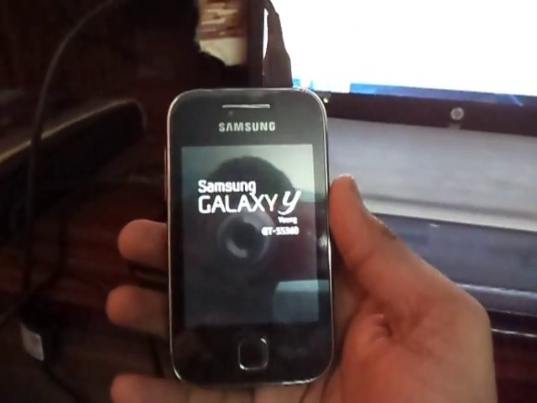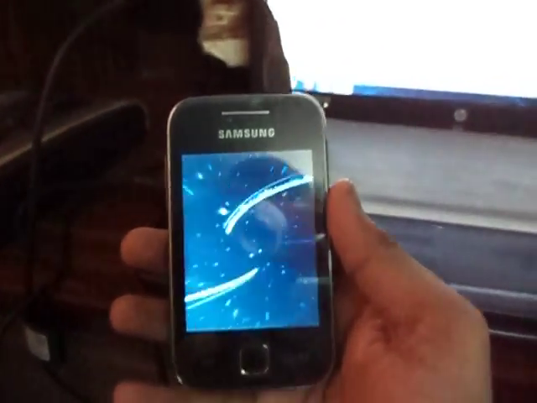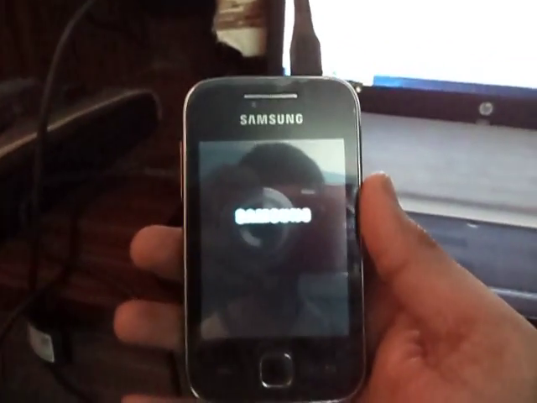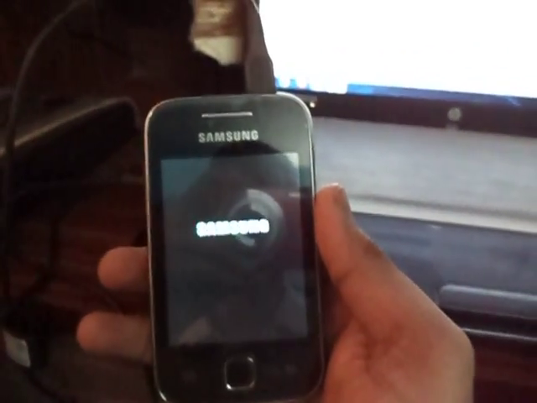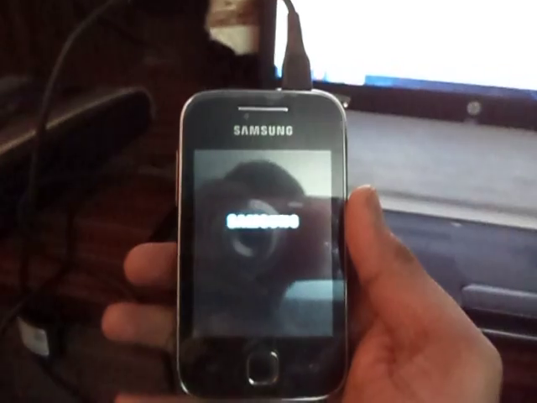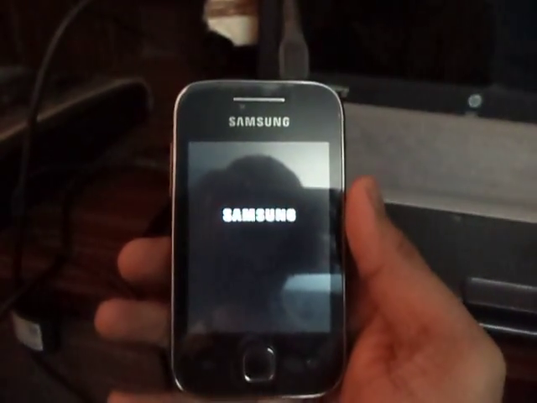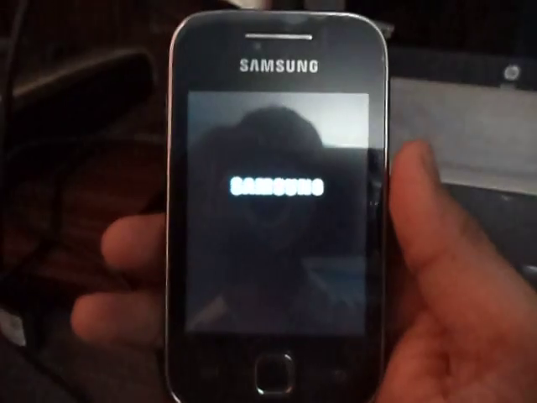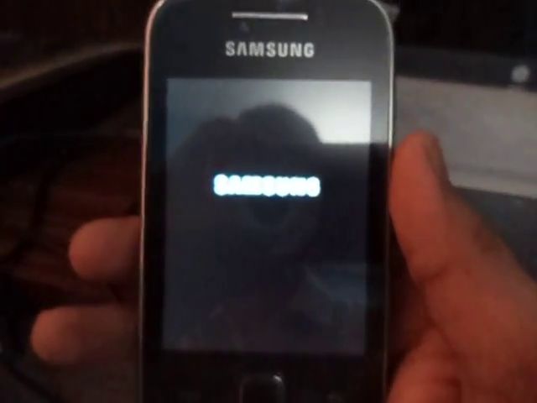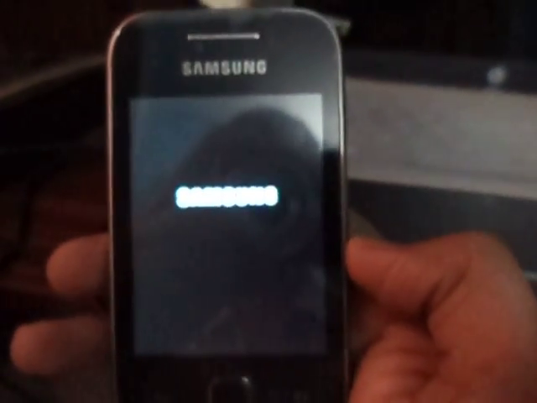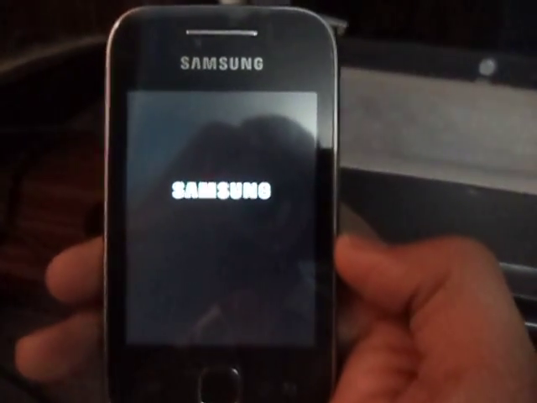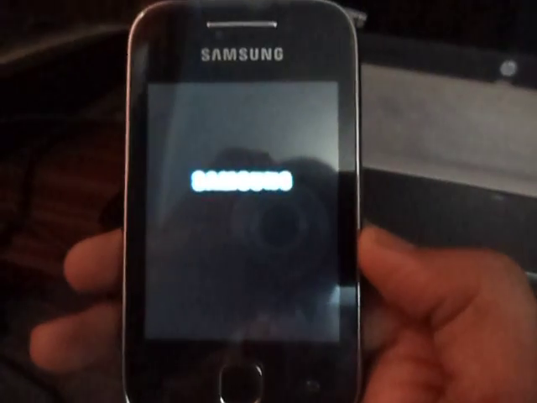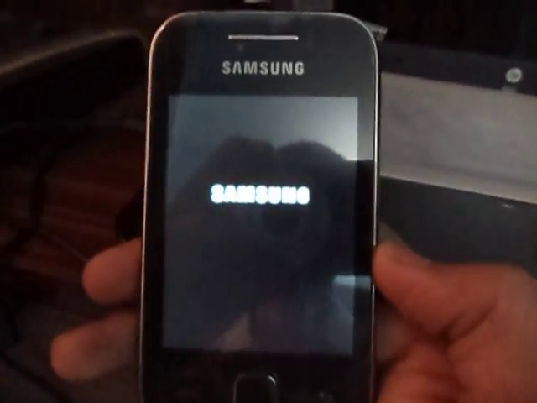It will take a while for your phone to restart because it's loading for the first time. And here the mobile has been restored to its original state and everything is fine now. If you had your phone rooted, then this will unroot the phone and also remove all the things from the phone, just like a factory reset. So this is how to root your Samsung Galaxy Y. I'll just wait till the phone gets completely booted and the screen appears, so that you can make sure that the video is correct.